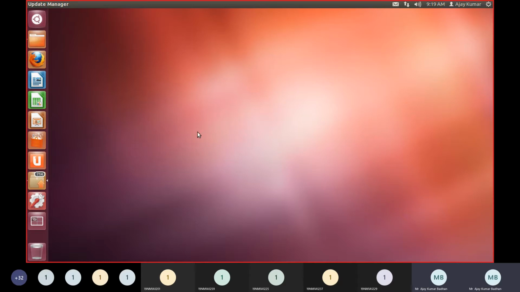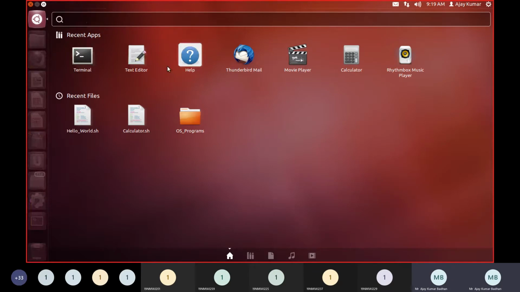In the same way you can do it when you have installed your VirtualBox as well as this Ubuntu operating system. So basically the first thing you have to do here is go to this particular window. This is what we call the dash home, something like a dashboard. When you click on that, you'll get some options which we have already used. Yesterday I created two different programs in shell script, that is Hello World and Calculator. We will discuss that later, but initially we will discuss the commands related to Ubuntu, and then we will go to the programmatic part.